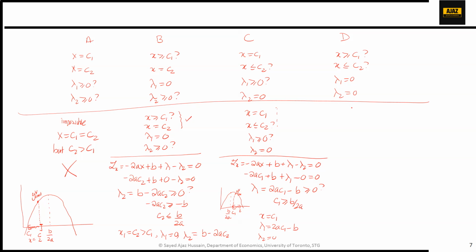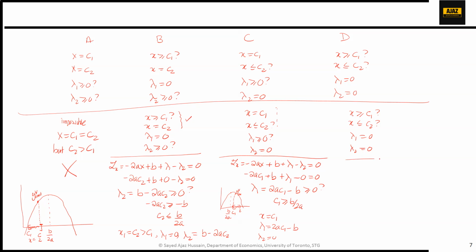Finally, you wonder, the easiest way to think about this is if neither cases B or C arise, you must be in case D, where x must be bigger than c1. It must also be simultaneously less than c2, and both the lambdas are 0. So again, you see the benefit of setting up the tree in such a way that the right side is always lambdas zeros, because you'll always consistently get the same kind of A, B, C, Ds, where Ds always have